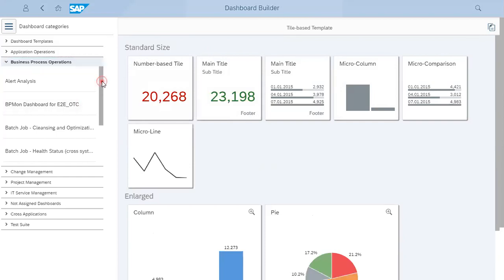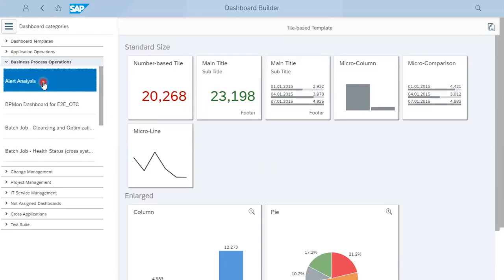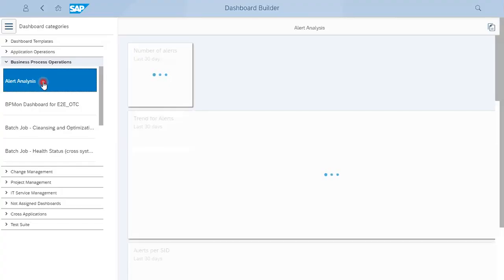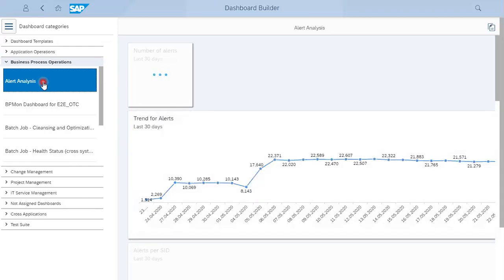So we have already created some of the tiles, some of the dashboards. Let's see what it is here. Once you click, it will open number of tiles based on your requirement, based on your creation and what you have created in the dashboard. So let's see what information is coming here. However, it takes a bit time to load and it also depends on the performance of your Solution Manager, and in what manner it is performing.